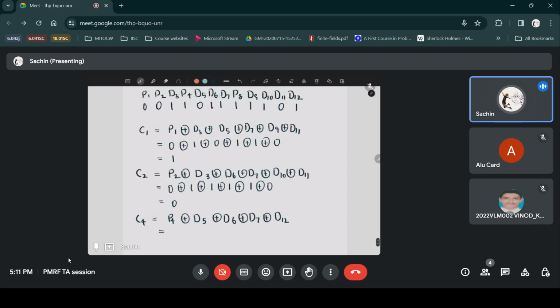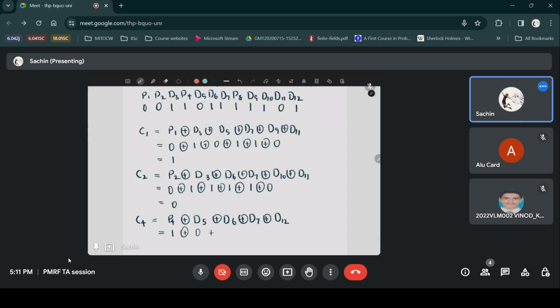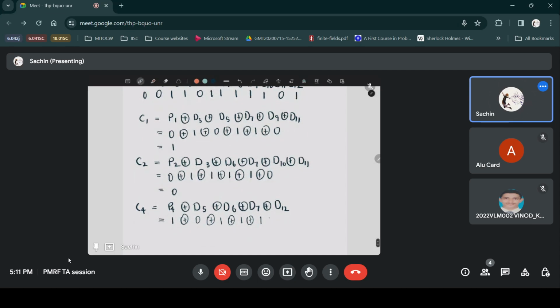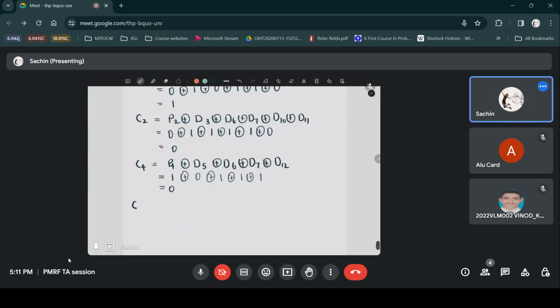Here for this question, P4 is 1, XOR D5 is 0, XOR D6 is 1, XOR with D7 is 1, D12 is 1. Four ones, that is an even number of ones. So this is equal to 0. Final check bit is P8 XOR the last 4 digits,